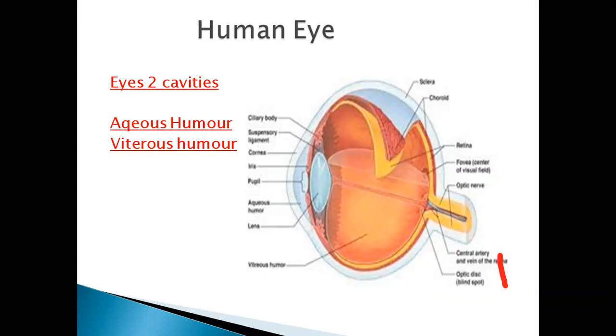The anterior chamber contains a clear fluid known as the aqueous humor. This is the anterior chamber, right? And this is the vitreous humor. It is present in the posterior chamber and contains a jelly-like fluid. So this whole part has the jelly-like fluid. Rods and cones generate nerve impulses in the optic nerve. Here is the optic nerve. Here the rods and cone cells give the